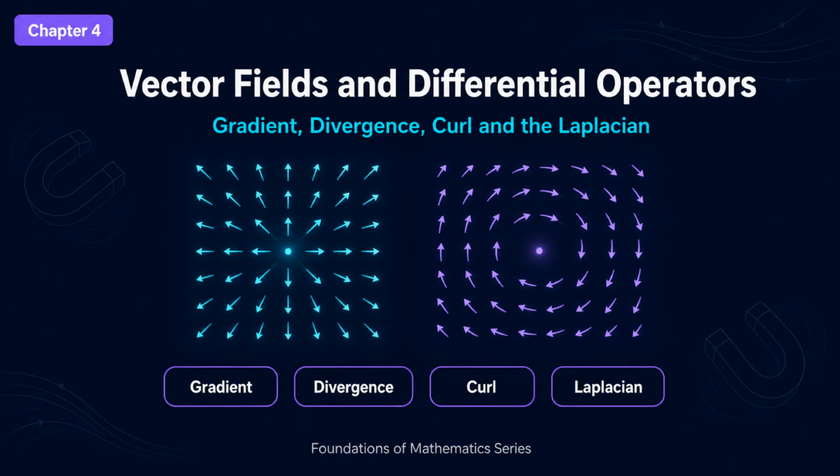Welcome to Chapter 4 of Calculus and Vector Analysis, Vector Fields and Differential Operators. In the last chapter, the gradient appeared as a byproduct of collecting partial derivatives into a vector. In this chapter, that vector becomes the main object of study. We will look at fields, meaning quantities that vary from point to point across a region, and at the operators